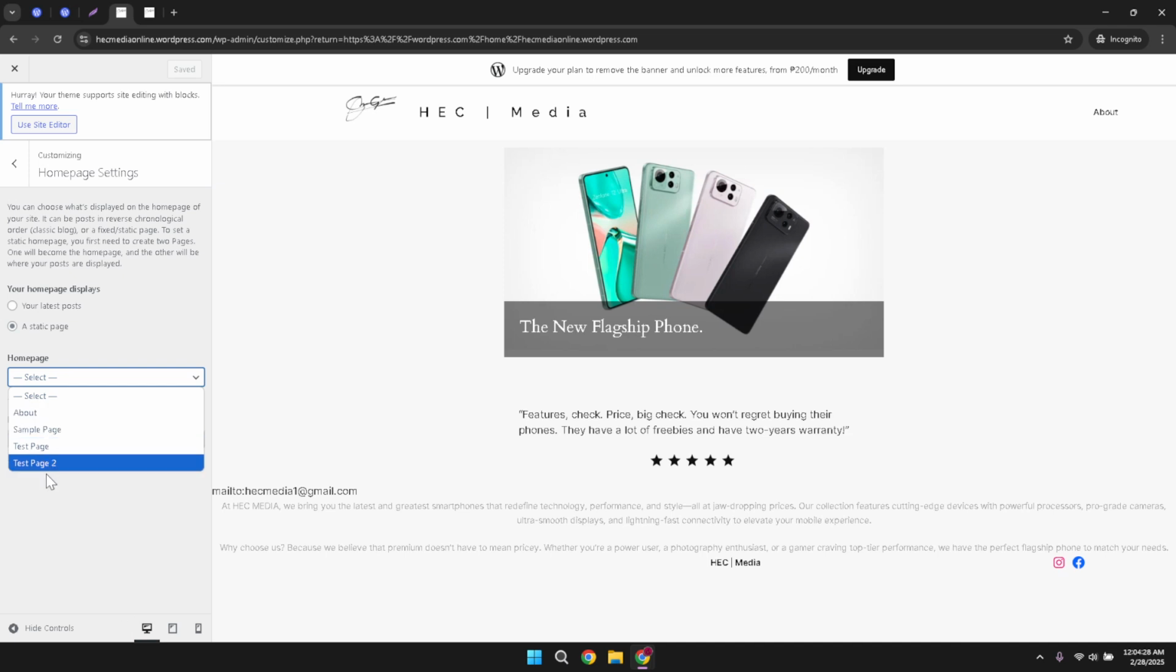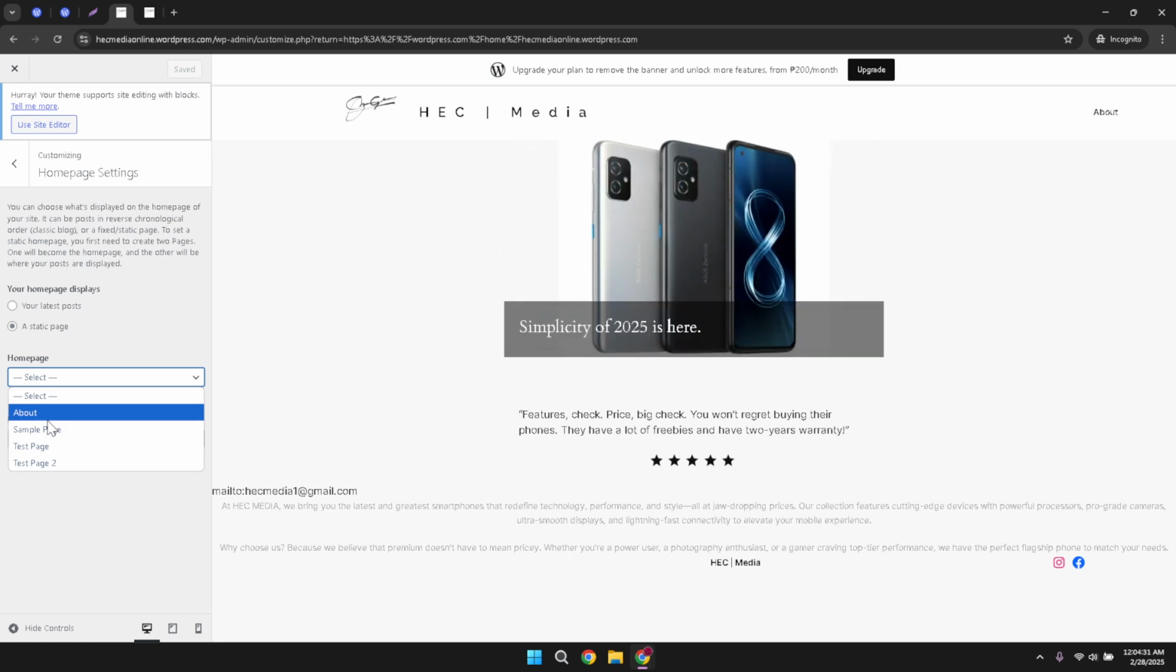That's it. By following these straightforward steps, you've successfully set up a static homepage and organized your blog posts. This small change can greatly increase your site's professionalism and